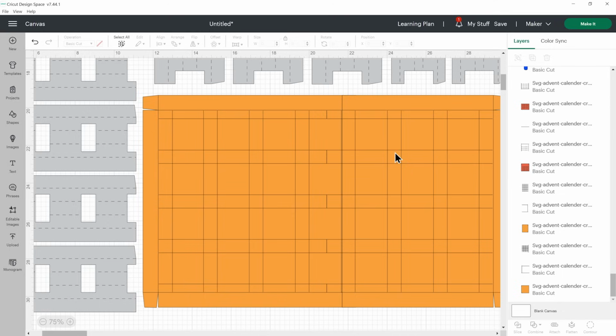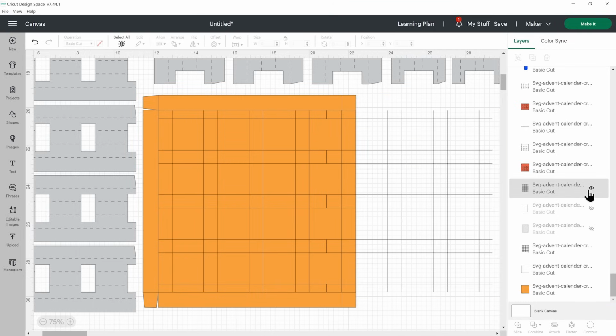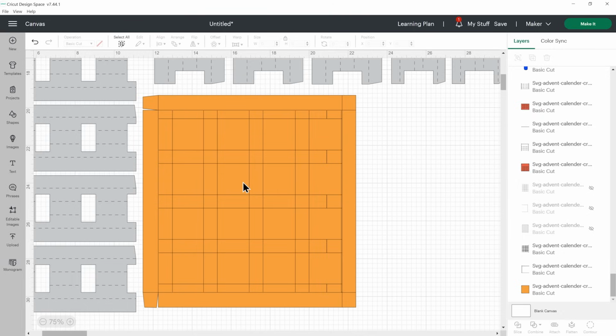And that's going to mean that we'll know exactly where to stick all of these little grey boxes when we've made them. I've scrolled all the way down the bottom of the Layers panel to see this yellow piece here. And I'm actually going to go up to the next one and just hide that and the 2 above it for now so that you can see a little bit easier what we're doing on this piece.